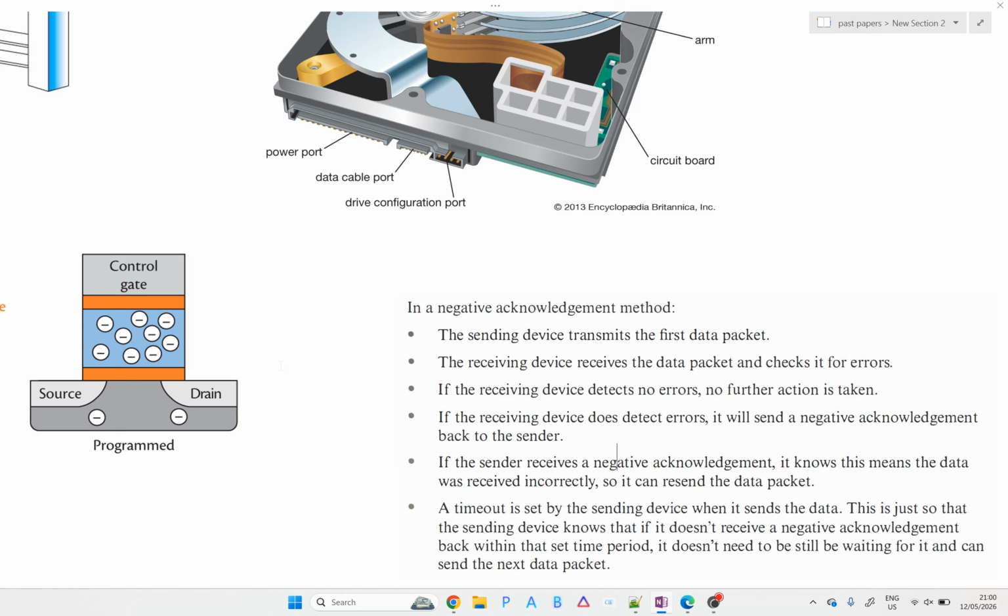If there is a negative acknowledgement, it means the data was received incorrectly, so the sender has to resend it. Finally, a timeout is also set by the sending device when it initially sends the data. If it doesn't receive a negative acknowledgement within that set time period, it can consider the transmission successful,